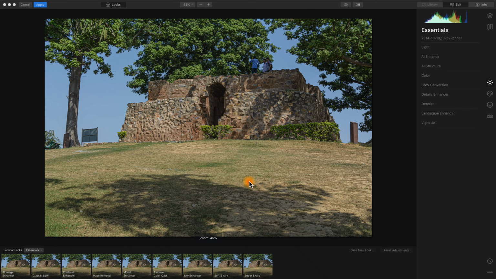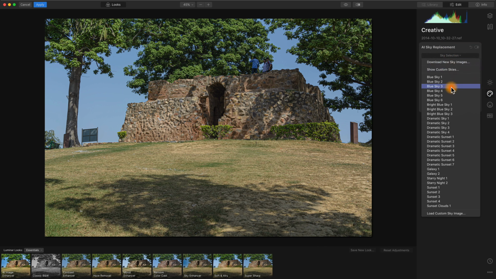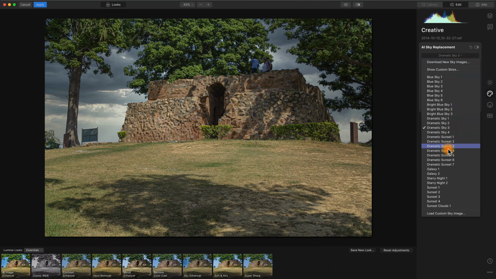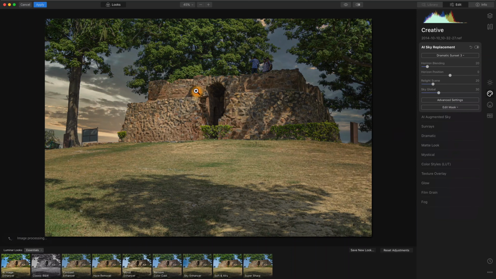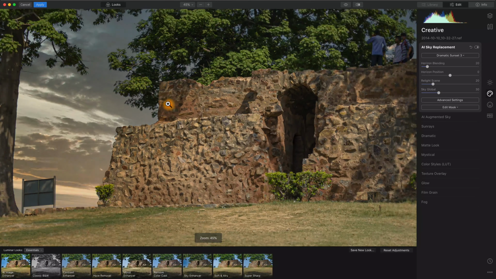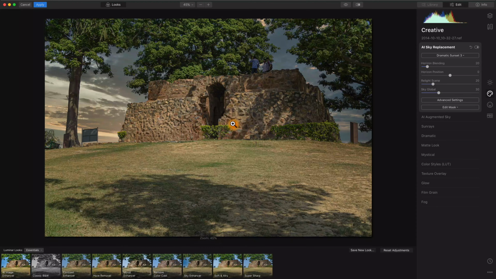So Luminar is loaded up now. We're not going to process any part of the image because we really don't need to process anything here. We'll simply go into the creative mode, the AI Sky Replacement, and let's say we'll select a dramatic sky. Okay, maybe a dramatic sunset, and let's just zoom in here. The edges and lighting seem to be a lot cleaner by default,